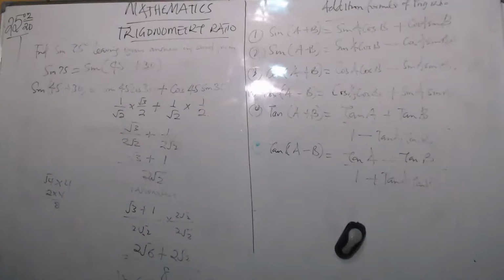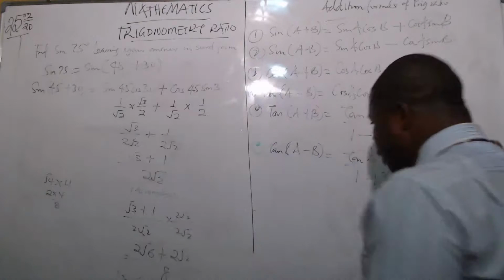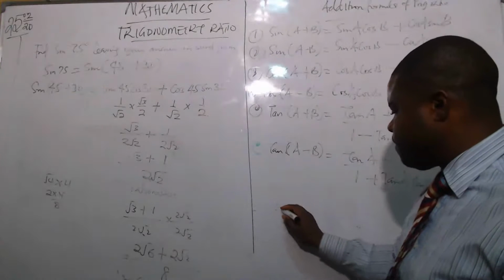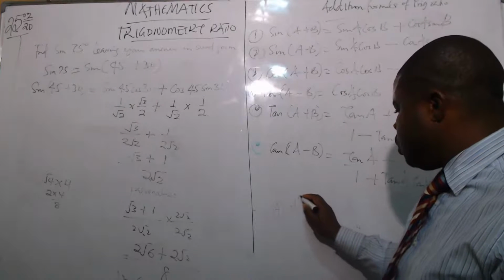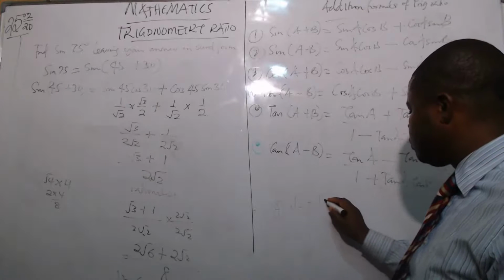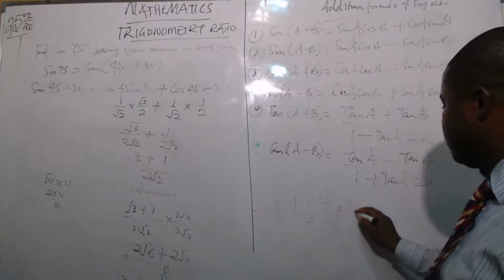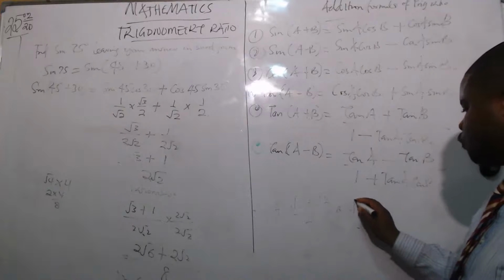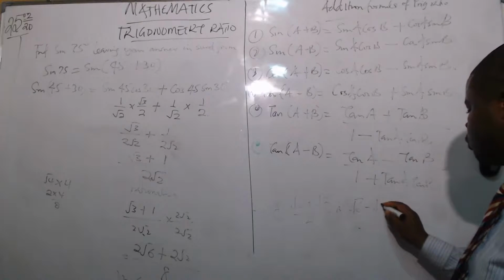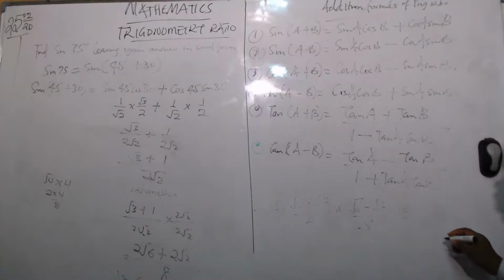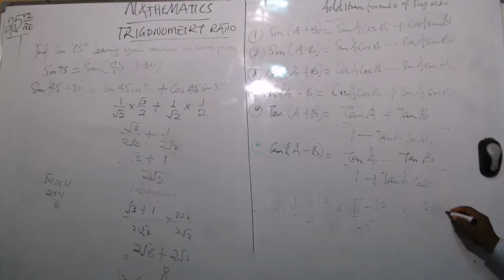And that will be the answer. JAMB also is very funny. The options they give to you are: A, root 6 plus root 2 divided by 4. B, we have root 6 minus root 2 divided by 8. C, we are going to have 2 root 6 plus